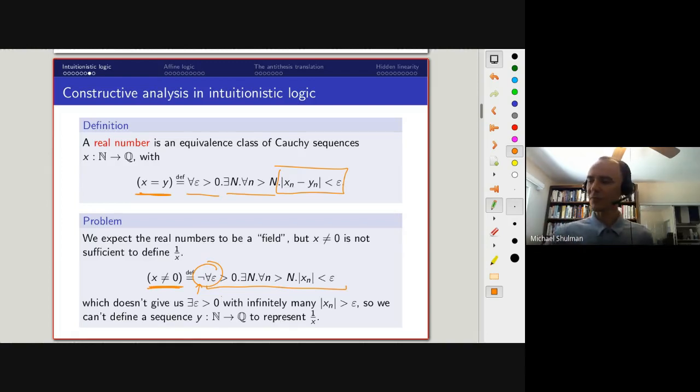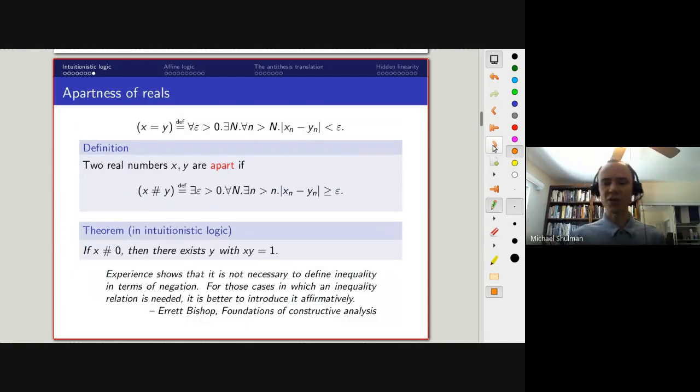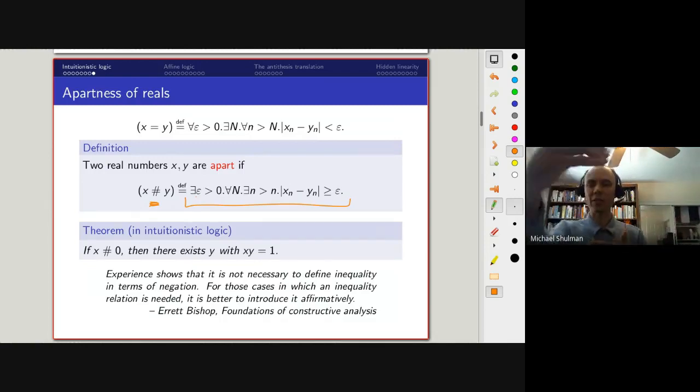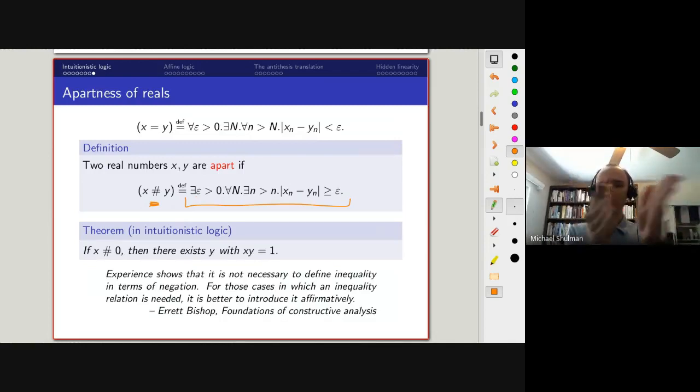So the solution to that is to introduce a stronger notion of inequality. Constructive mathematicians define two real numbers to be apart from each other, written with this stronger notion of slashed equals, if there exists an epsilon which bounds them apart from each other, so that once you get past some point, the values of the Cauchy sequence are always epsilon apart from each other. And then you can prove, even in intuitionistic logic, that if x is apart from zero, it does have a multiplicative inverse. Errett Bishop was one of the founders of modern constructive analysis, and he wrote